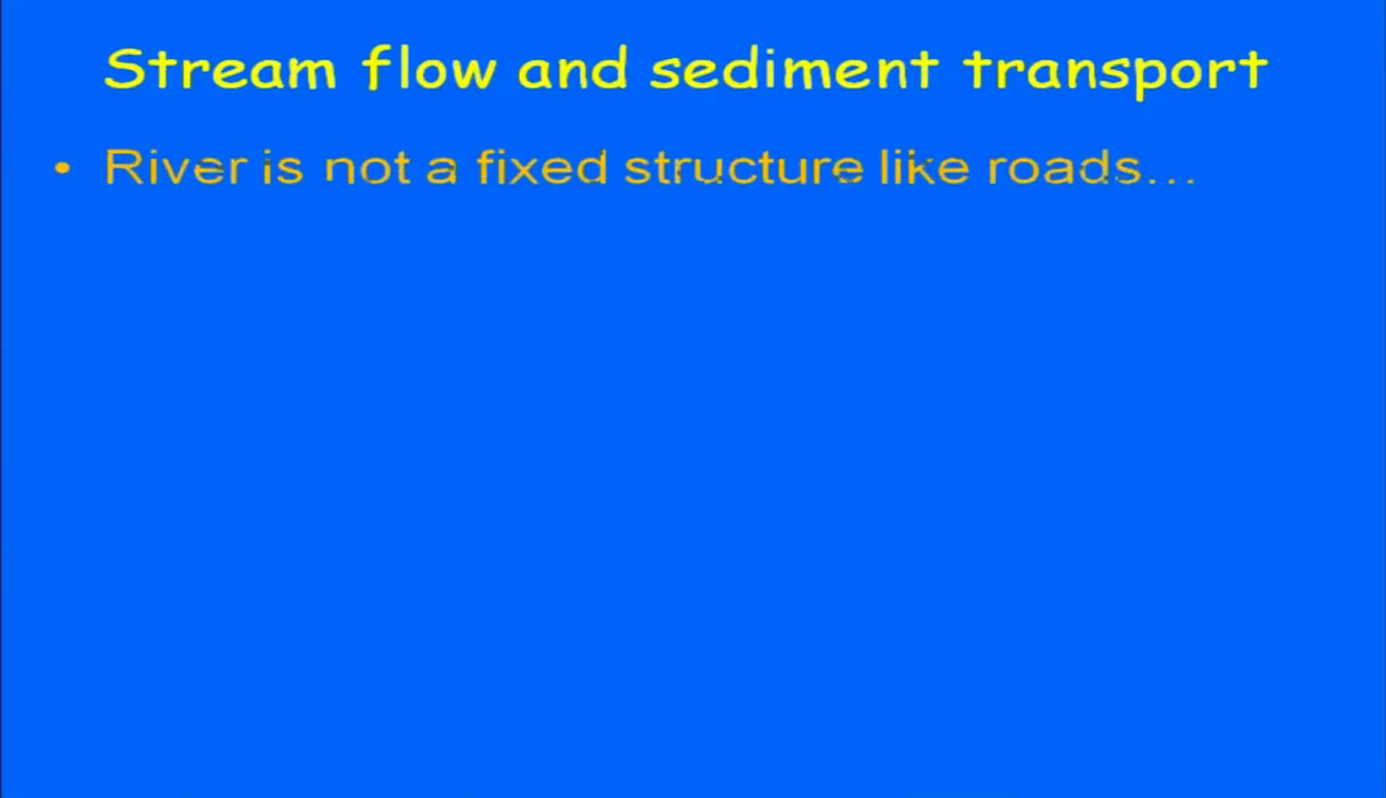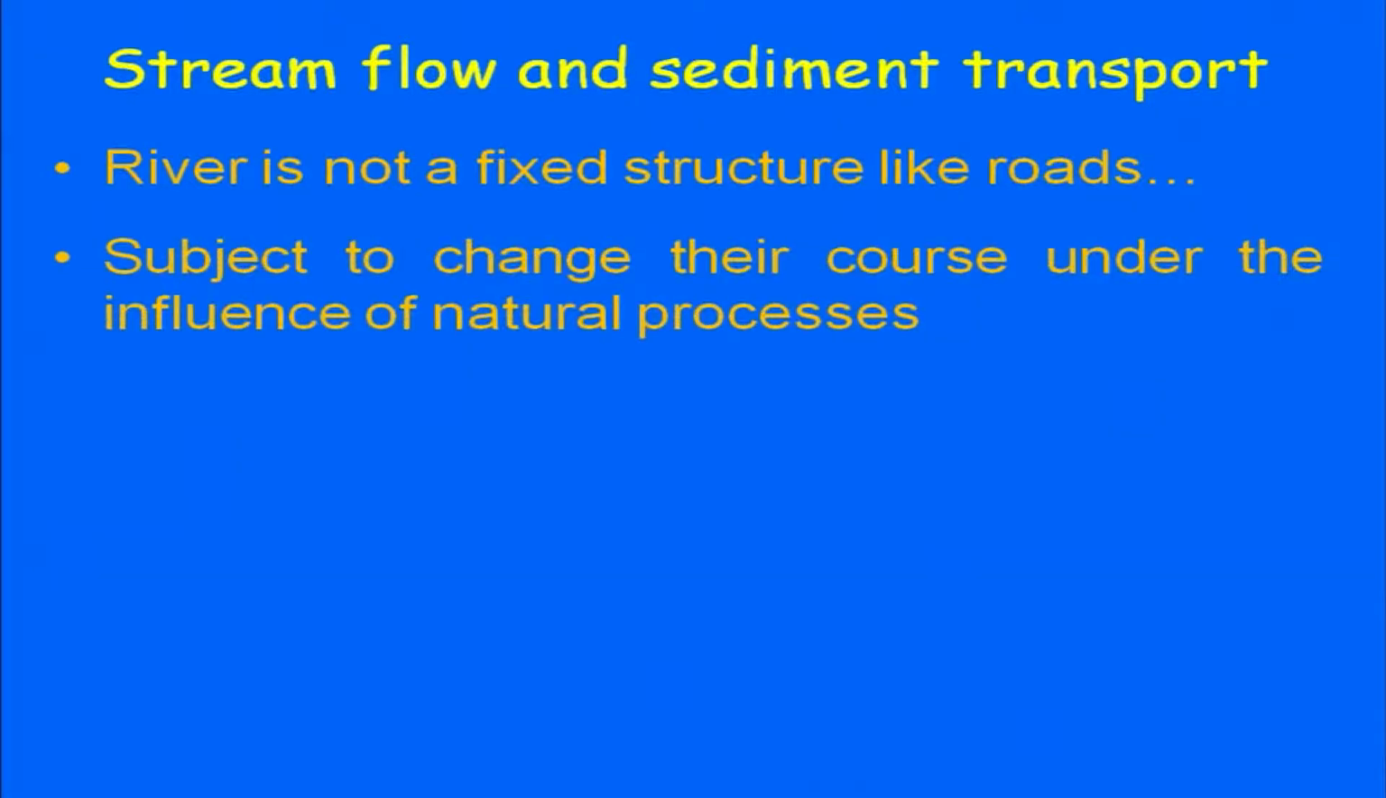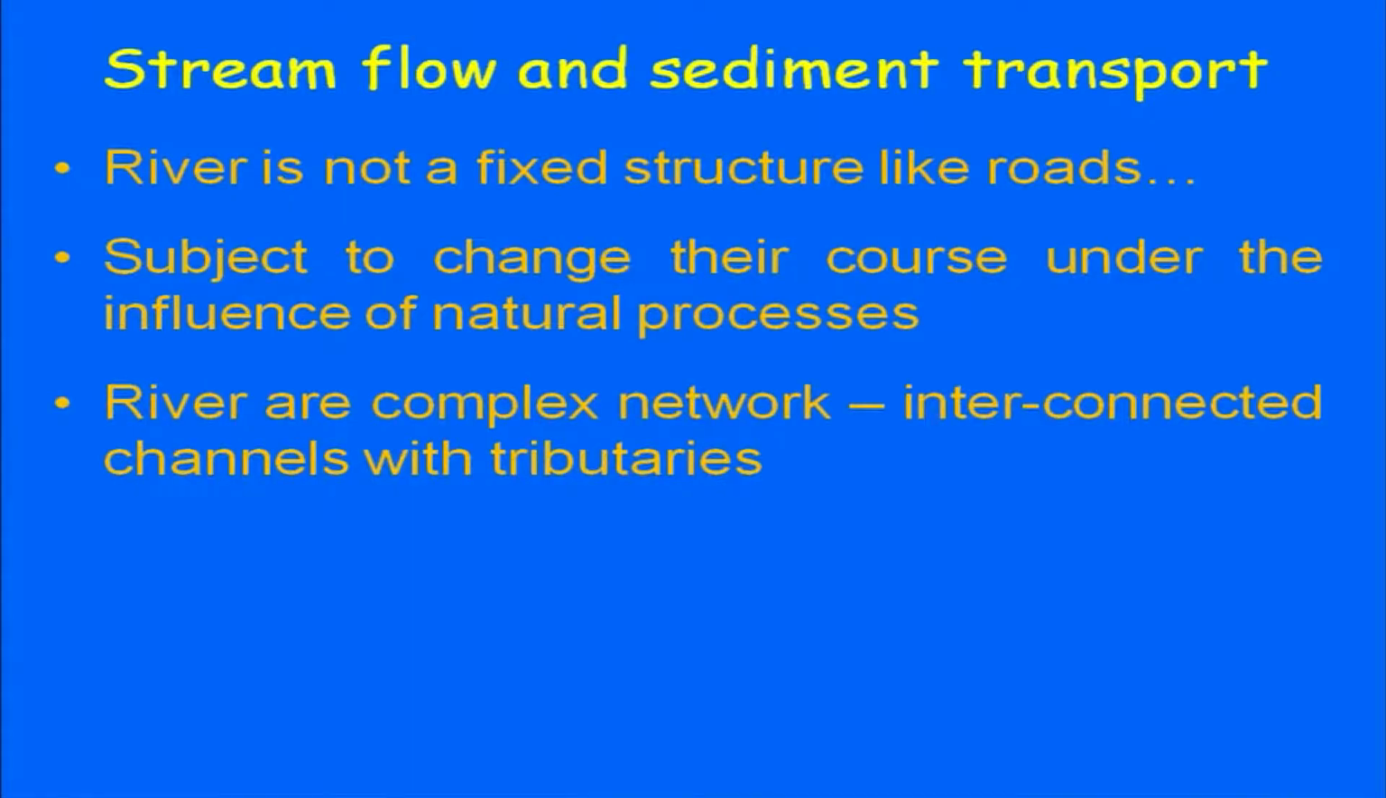Stream flow and sediment transport. A river is not a fixed structure like a road. It is subject to change its course under the influence of natural processes. Rivers are a complex network of interconnected channels with tributaries